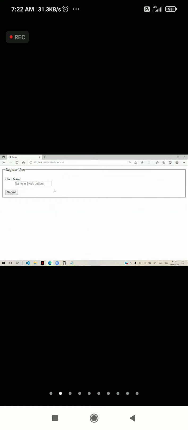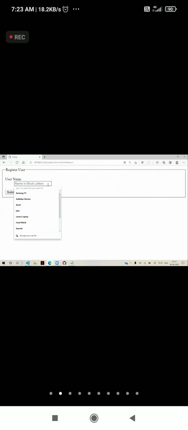Actually, this is the placeholder. When I submit, this will not be submitted. That is just a tip. You see, when I submit, it says txt name is empty. So placeholder is just to show some tip.